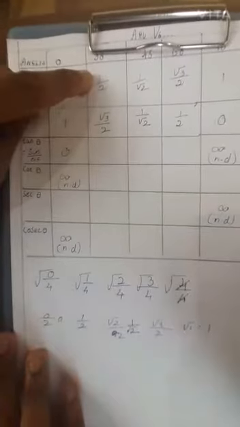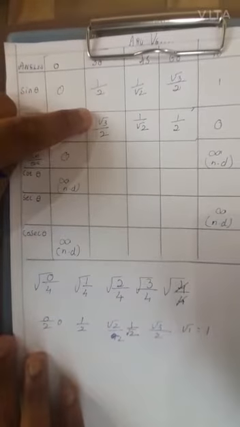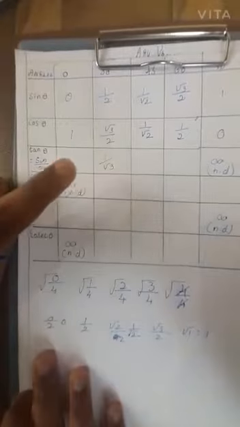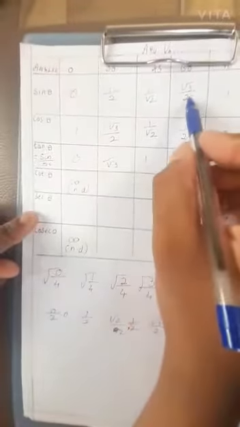So when I divide 0 by 1 I get 0, and when I divide 1 by 2 divided by root 3 by 2, these 2 and 2 will get cancelled. So remaining will be 1 by root 3. So tan 30 is 1 by root 3. Now the same way for 45, everything will get cancelled, it will be 1. And for tan 60, again I have to cancel this 2. So I get root 3 by 1, which is root 3 itself.